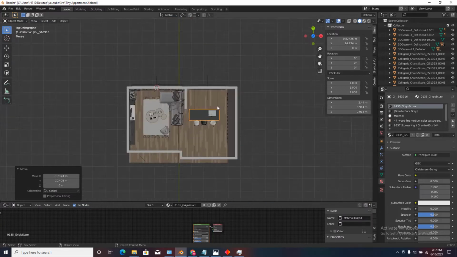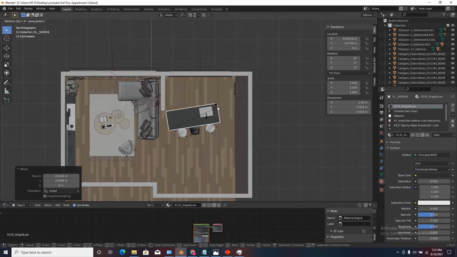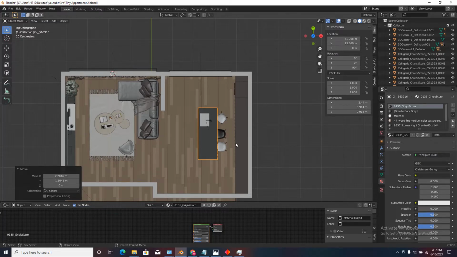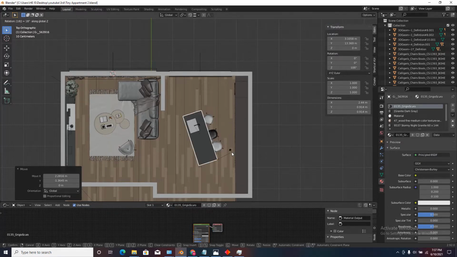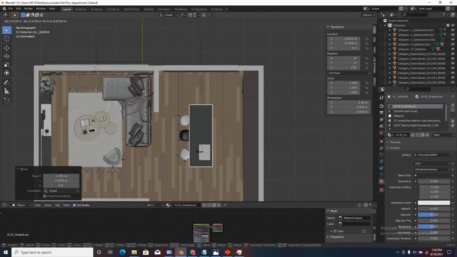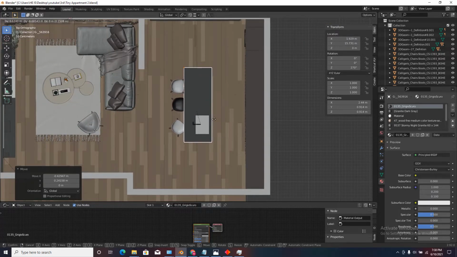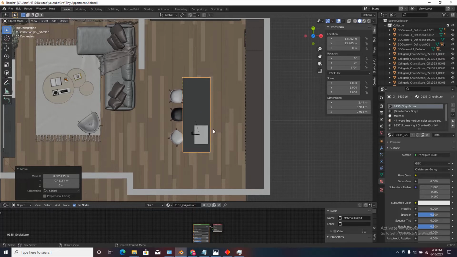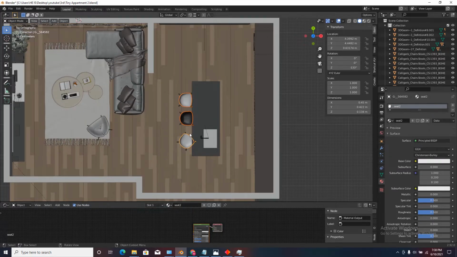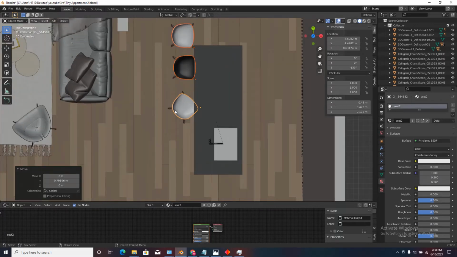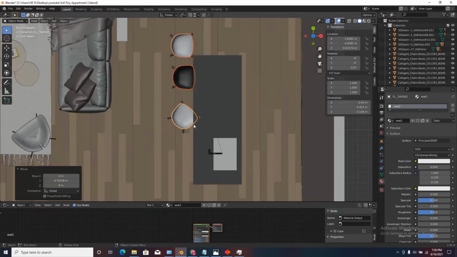Press G right here, press R Z and then type 19 on your keyboard. As you can see, it has moved it in a direction that I don't want. So press R Z again, press 180 degrees. I think this is the direction that I want it to be. And after that, I think right around here is good. I'm going to select these counters, press G Y, and move them apart. Since I don't want this to be placed in front of the sink, I'm just going to move it